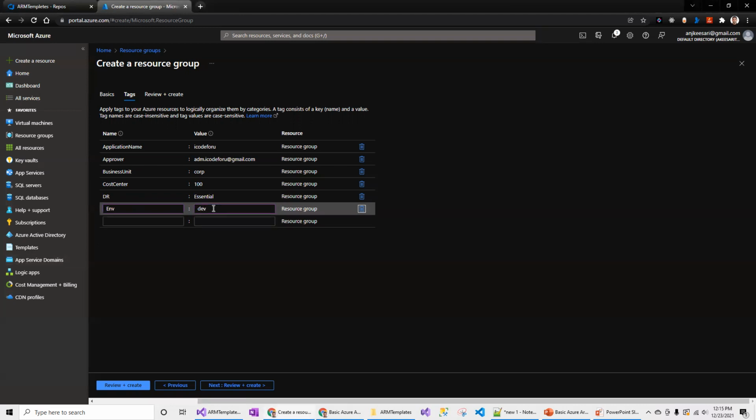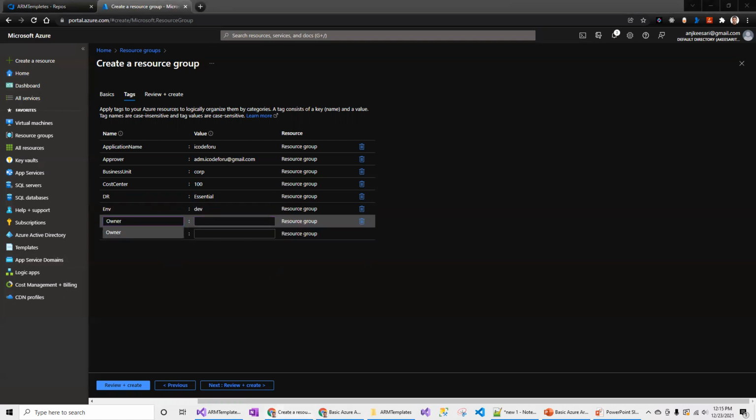I will use the dev as my environment, and owner. So add the owner. I'm going to use this email ID as the owner, and what else is required. So yeah, at the minimum, these are the required taggings.